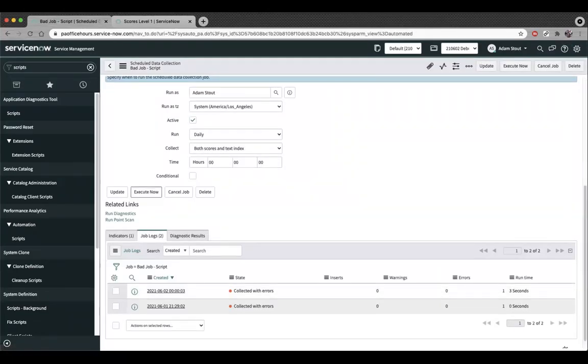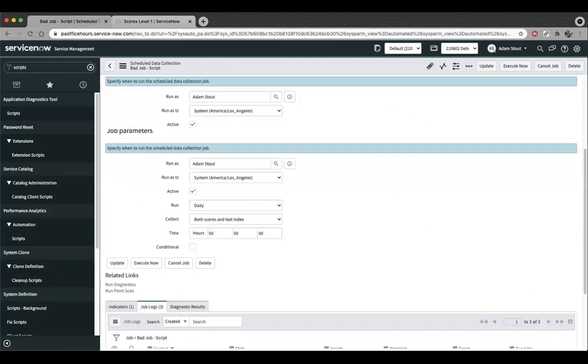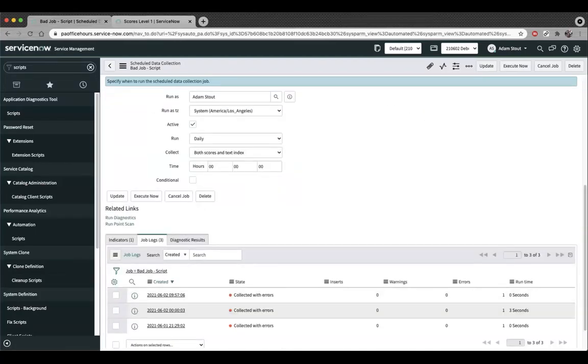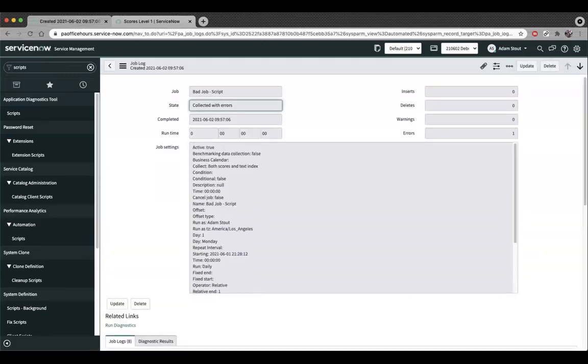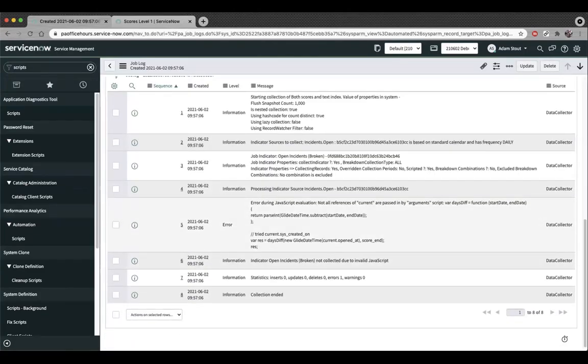And this is super quick. So we're going to run the job. Again, something went wrong. We're going to look for errors, so I'm going to go look in that job log. And what do we have here? I wanted to bring this up, really important, a super common thing we see in scripts: not all references of current are passed in the arguments. If anybody in the chat knows what this is caused by,